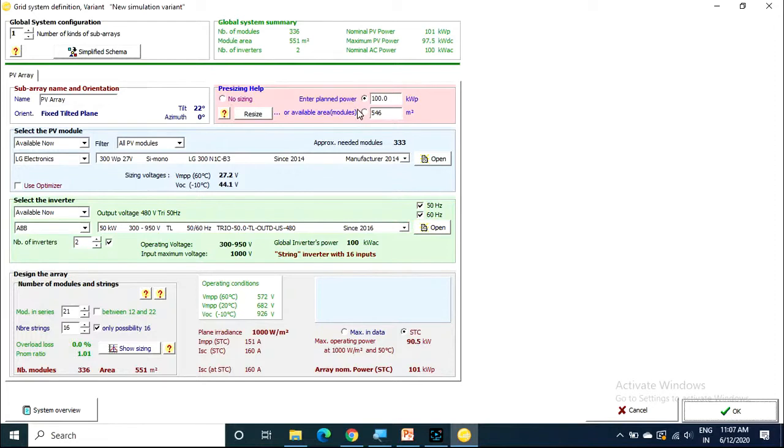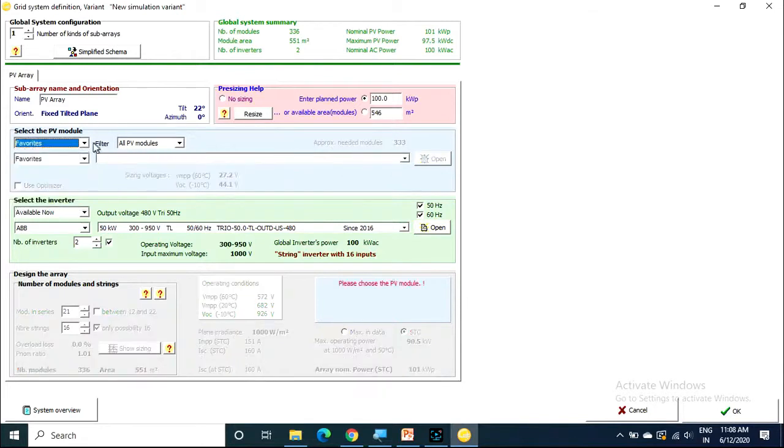So after entering the planned power 100 kilowatt peak, now you have to choose the solar modules. We don't have a 100 kilowatt peak module, so we have solar modules in the ranges of 100 watt, 150 watt, 200 watt, 300 watt, 350 watt, like that. So you have to choose each module rating. Here you have to select the PV module. Here is the manufacturer list. Sorry, I will select all modules. When you click on all modules,